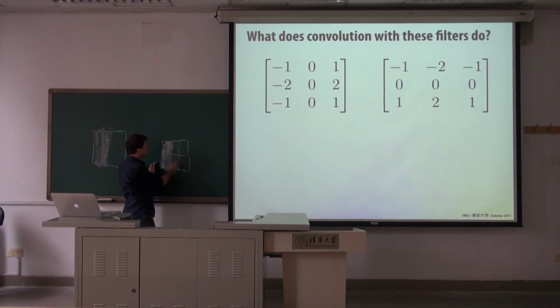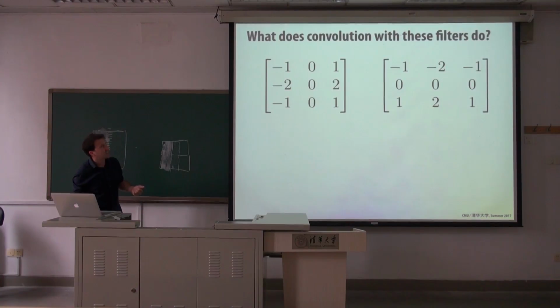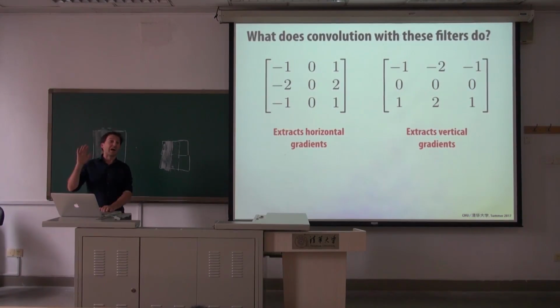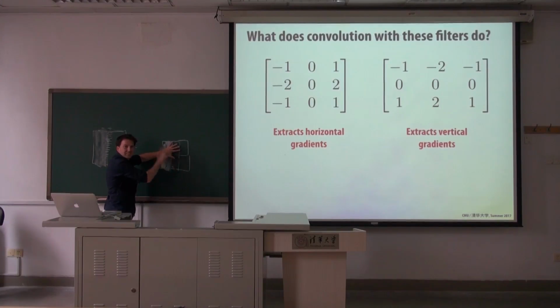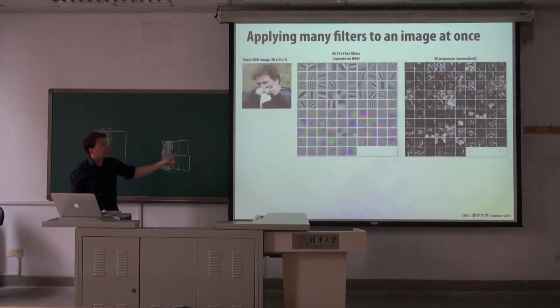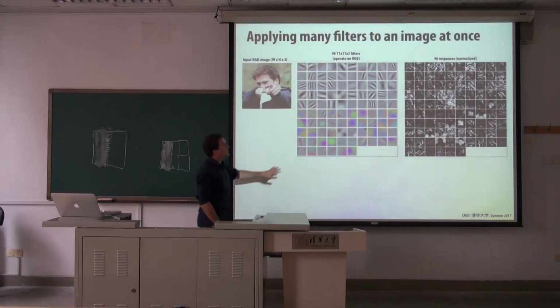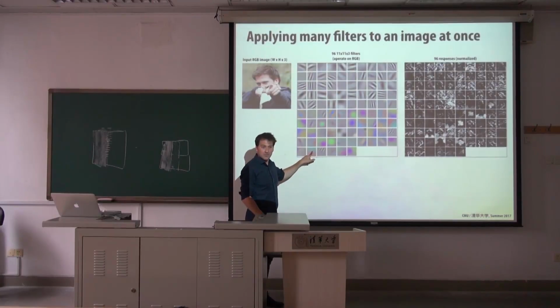So notice that the filter that used to look for vertical lines actually looks like a vertical line itself. So filters end up detecting things that look like them, because a convolution is just a dot product. And so dot producting this filter with various parts of the image, it'll respond the greatest when the image looks like it. So that's what I did here, is I took 96 different 11 by 11 filters,